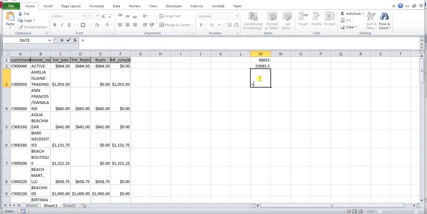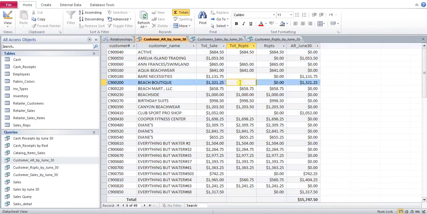So total amount account receivable is this minus this, which is around 15745. Okay, I hope you guys understood